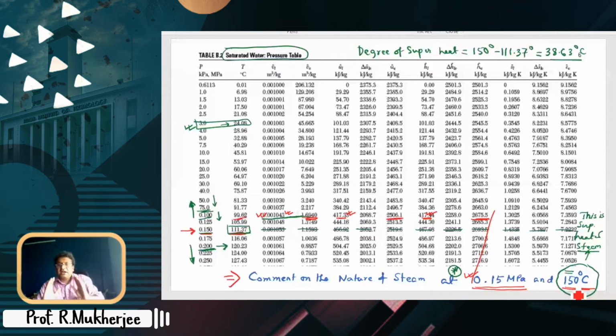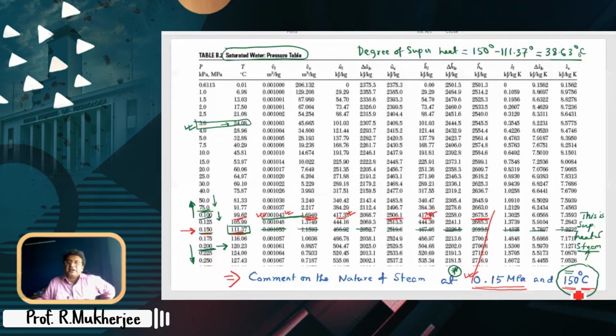And we all understand what is superheated steam, yes or no? Please clarify that. I'm coming to your point, Shalini. Why do I use this table and not the previous table? We all understand what is superheated steam, yes or no? Only a few are responding, others I don't know what has happened today. I thought I am dull today.